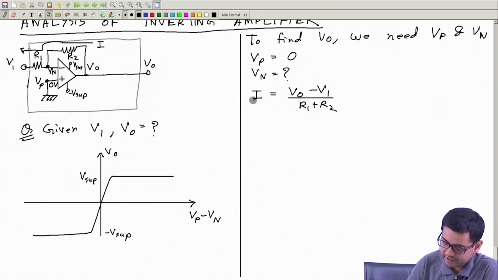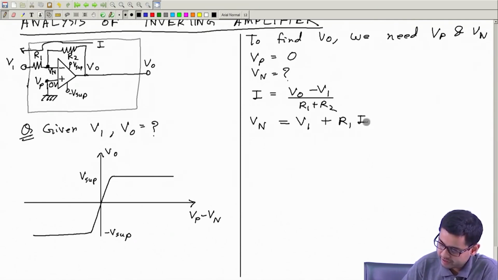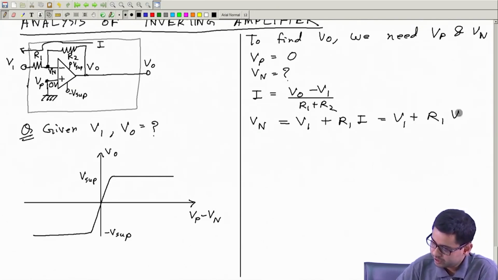So this is I, and then we can write Vn. Vn is here, so this will be V1 plus this drop, which is R1 I. So we can write V1 plus R1 multiplied by (VO minus V1) by R1 plus R2,